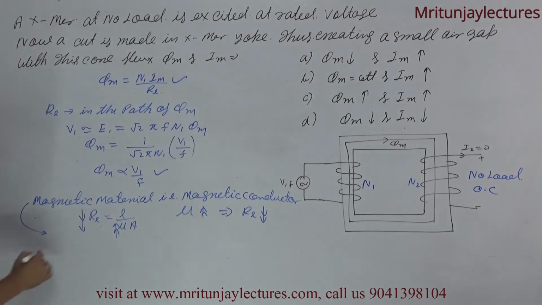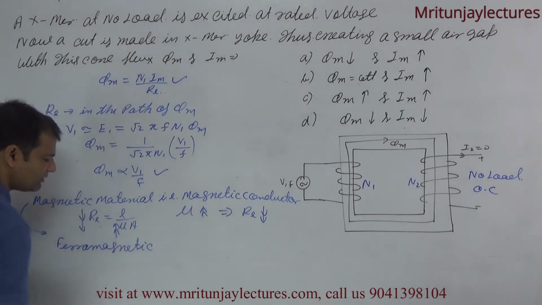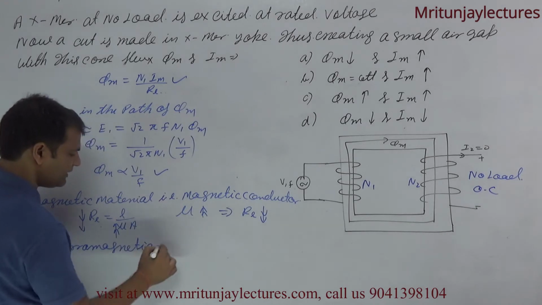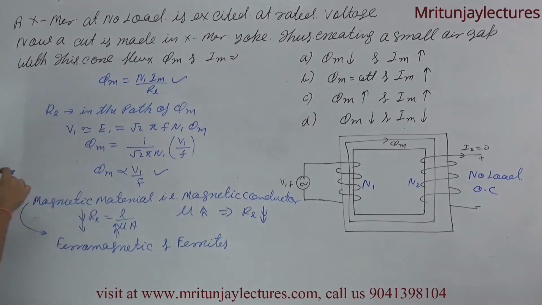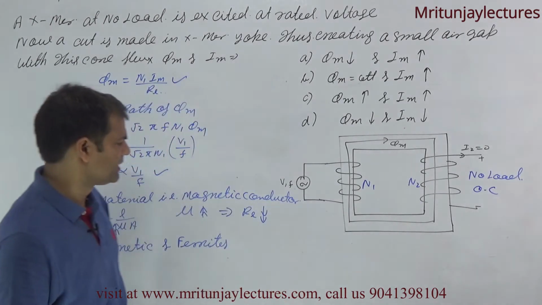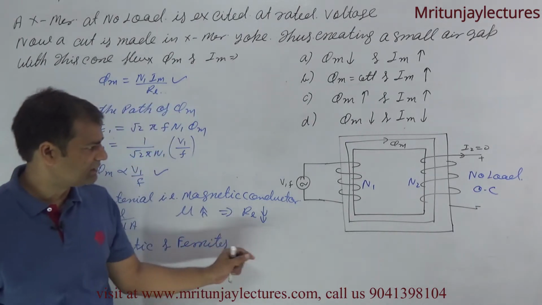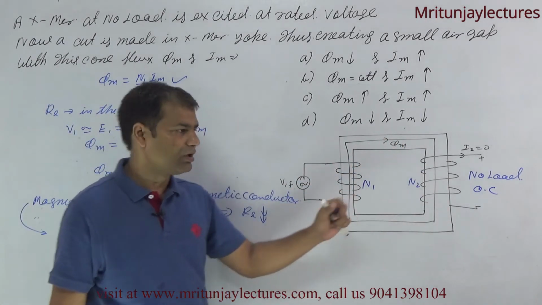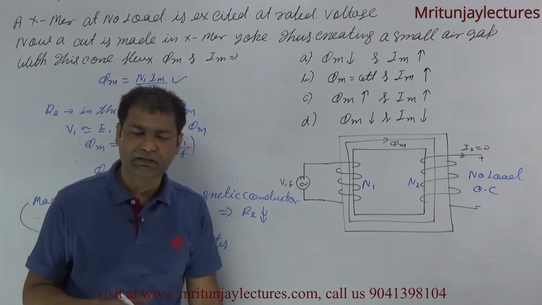And which material? Ferromagnetic materials and ferrites are good magnetic conductors. Because mu is higher, that's why reluctance is low. In this case, reluctance is low, that's why phi m is higher. Now another way,